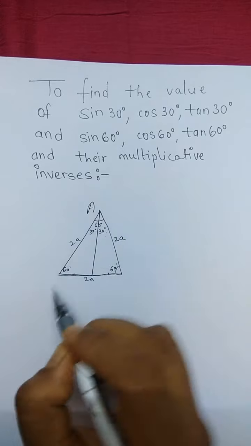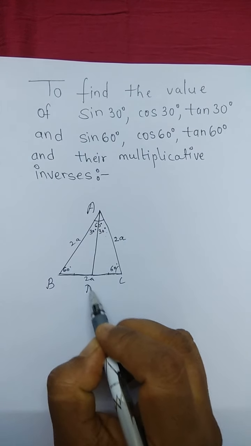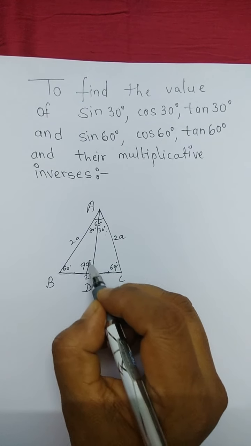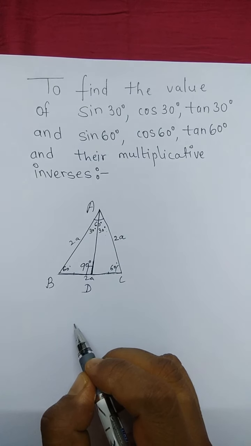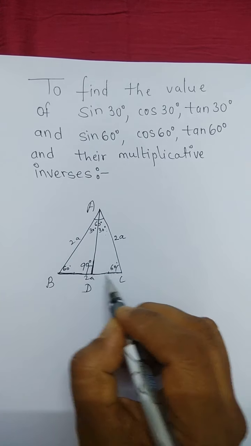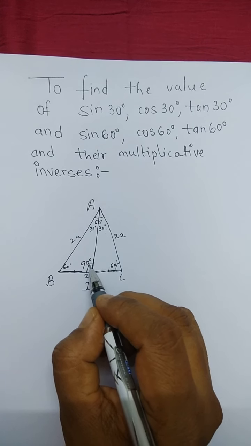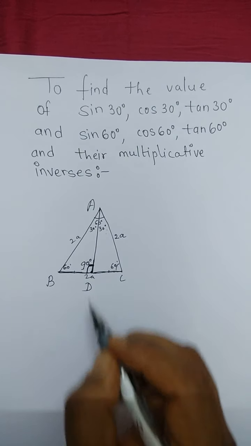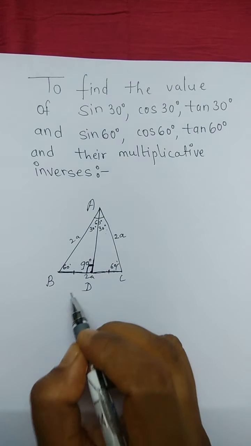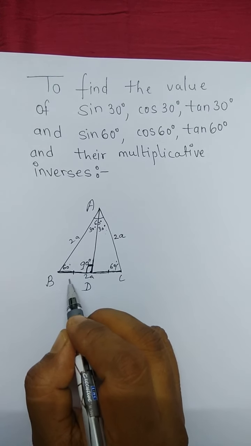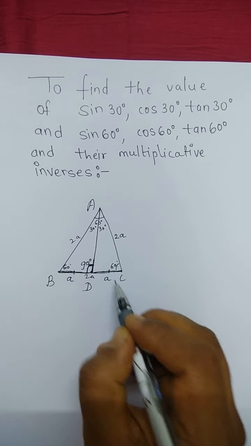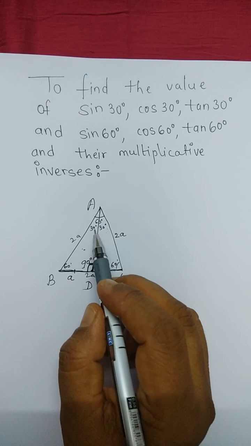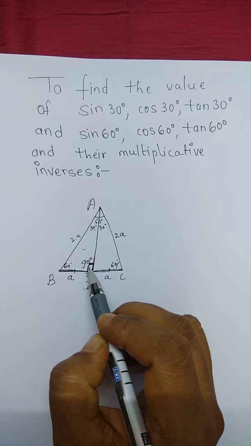Now you name the triangle A, B, C, D, or whichever letter you like. And this angle is 90 degree because this is perpendicular bisector. Perpendicular bisector divides this side into two equal parts and the angle formed at that point is 90 degree angle. Now, if it divides this side into two equal parts, then this total length is 2a. So, half will be a. So, we got a triangle here, this half triangle with angle 30 degree, 60 degree and 90 degree.